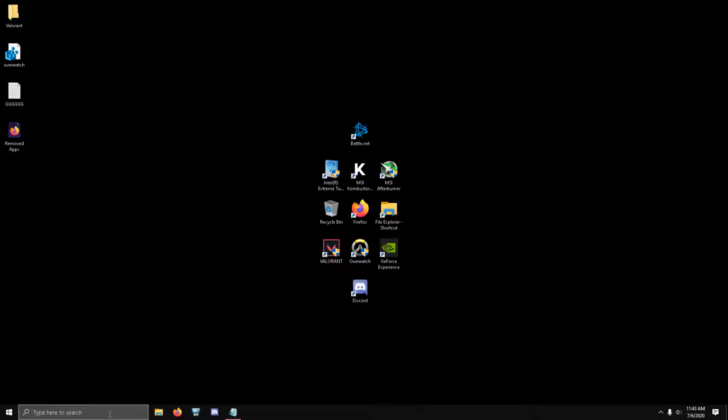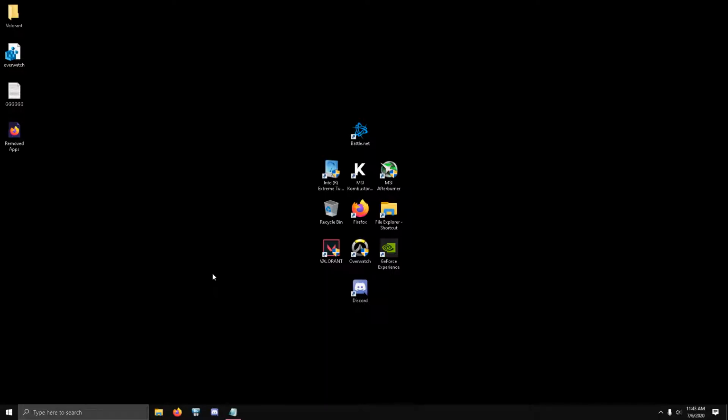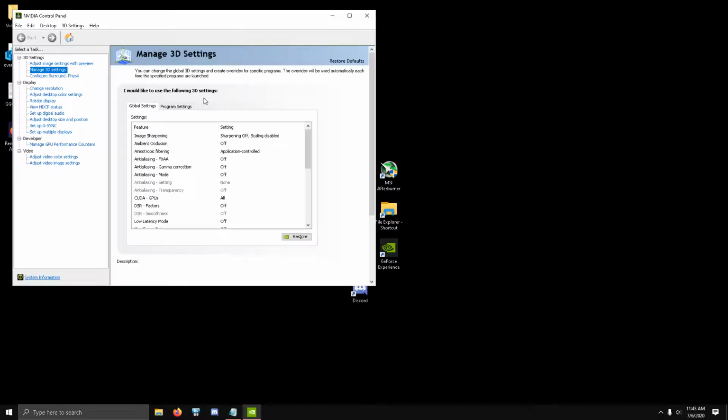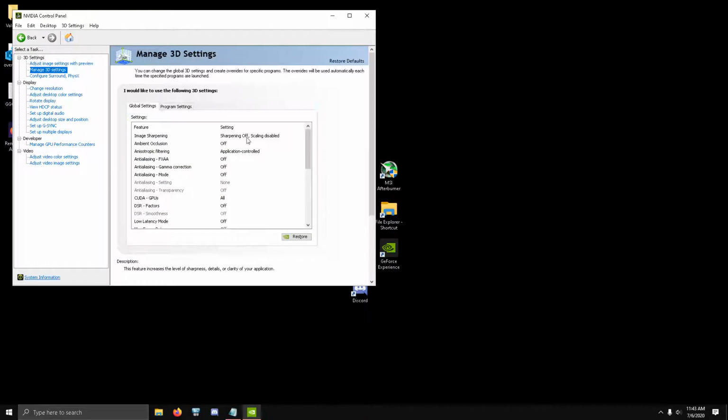All right, and then the next thing we're going to be doing is optimizing our NVIDIA control panel. Now this is everything that is related to your graphics optimization, and so you'll want to have this enabled too. So you'll want to go down, right click on the control panel, and go on to image settings with preview. You want to click on this and click the slider all the way over to performance. Click apply at the bottom, go to manage 3D settings, and these are all of the settings that I have